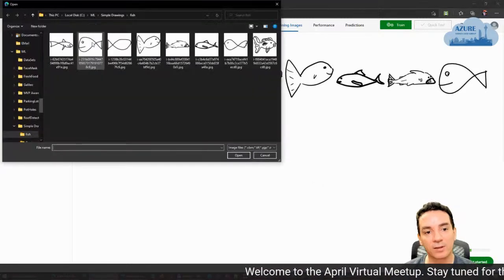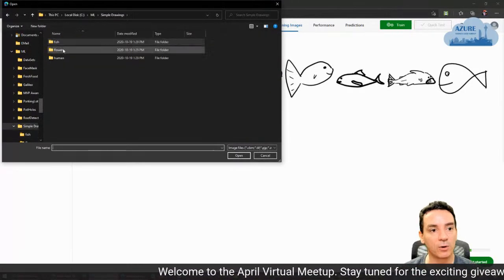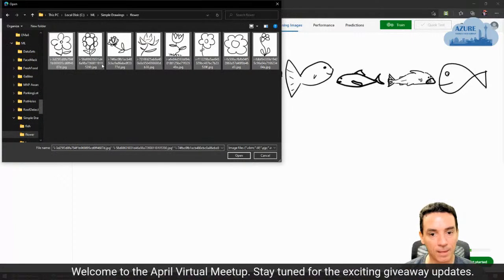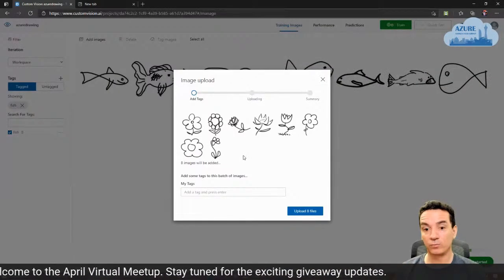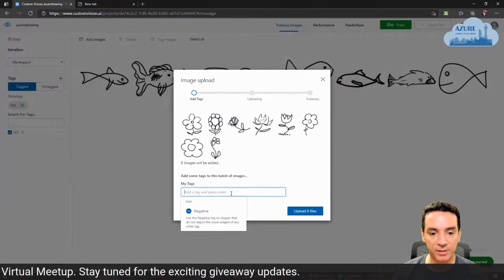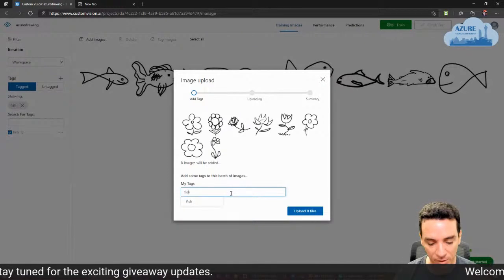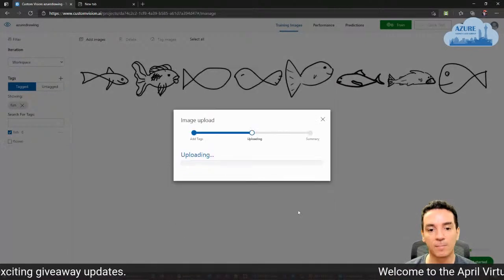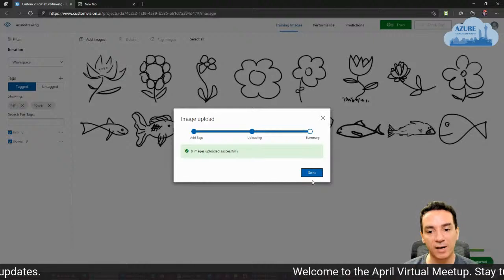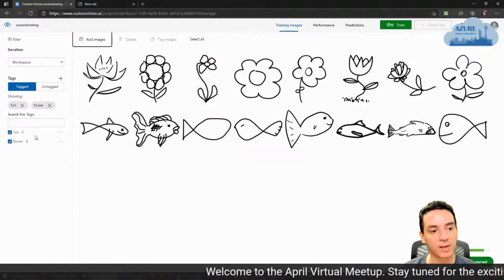And I will add a new set of drawings for flower. Same process, I can add this to my previous tag, but I have here flower, so I have a new tag.